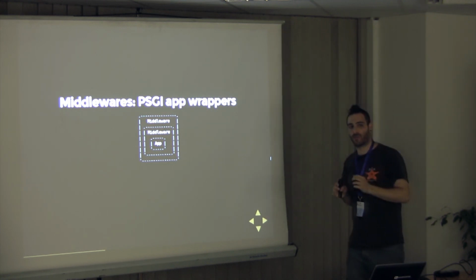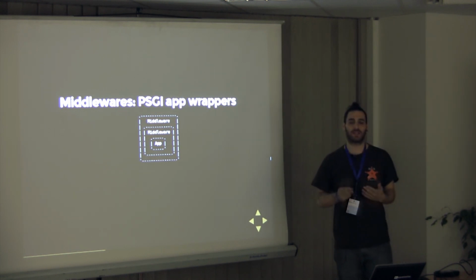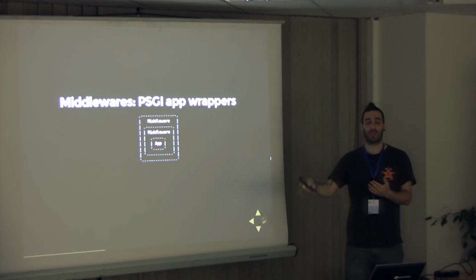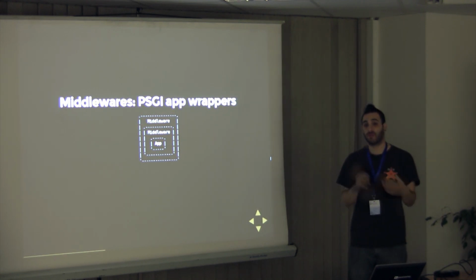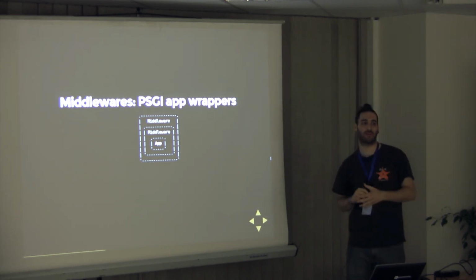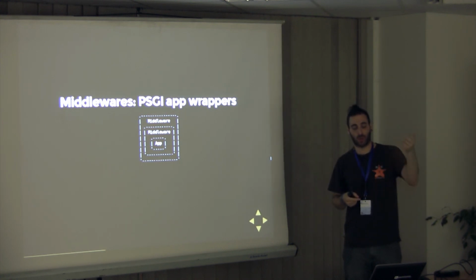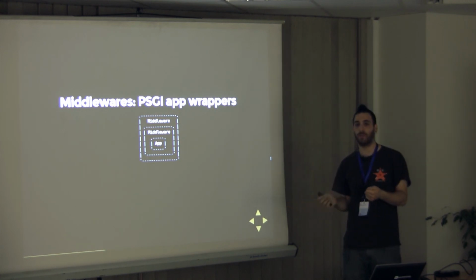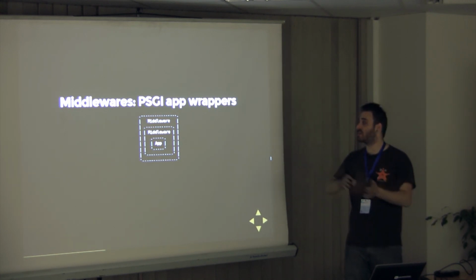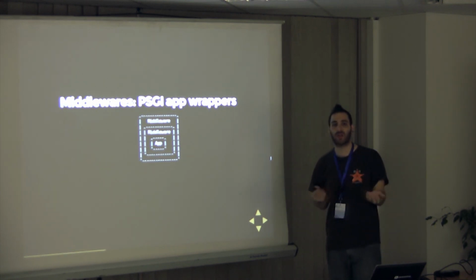An example that covers all three is caching. Okay? How does caching work? I get a request. I decide if it already exists in my cache. If so, I respond right away. If not, I send it onwards. When it comes out, I save it in the cache, and then I send it back. I can do all of that in a middleware. A middleware waits for a request to come in. I check it in my cache, whether it's in memory, on disk, in memcache, wherever you want. If it doesn't exist, I'll send it onwards. When I get a response back, I'll save it in the cache and return. If when you come in, I already have it, I will just return there. I won't send it to the app.